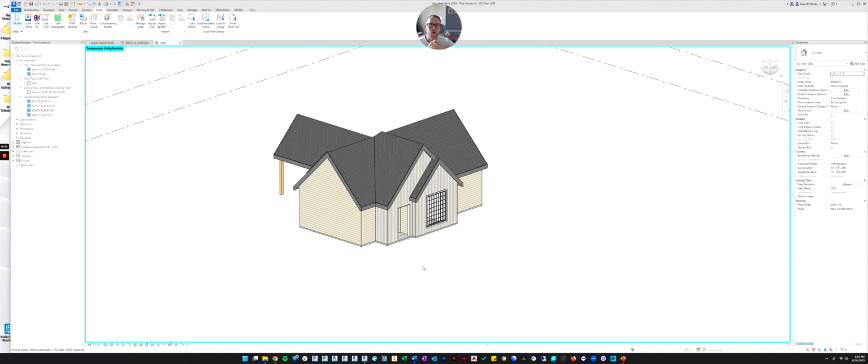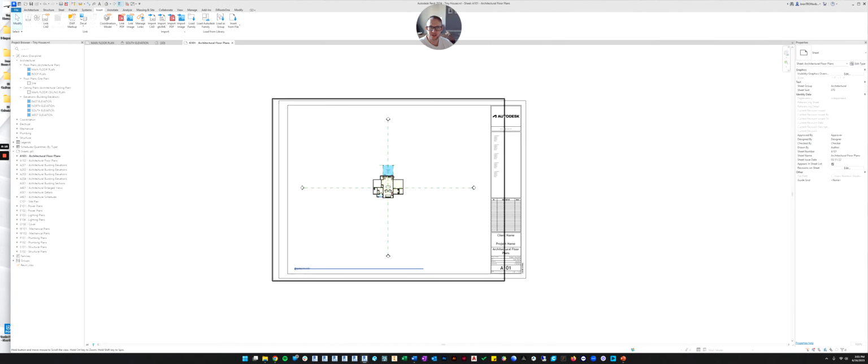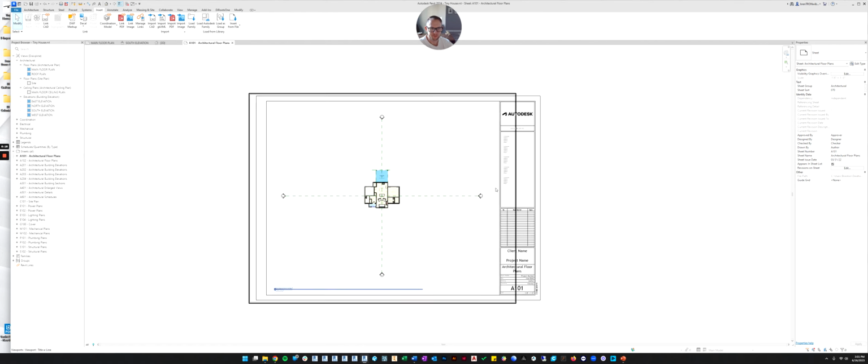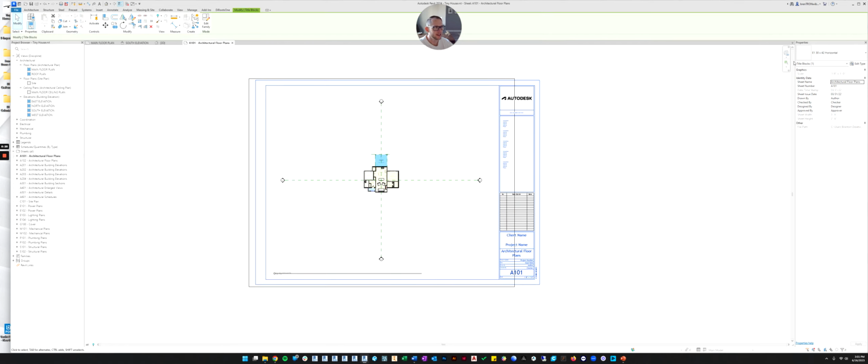All right, in this video, we're going to look at title blocks and show you how to edit your title block so that you can give it a little bit of your own personality. So if you go to the sheets, and we just go to the first sheet that's in the template, you'll see the title block. And if you click on it and look at its properties, you'll see it's an E1 30 by 42. This is what we want to edit.